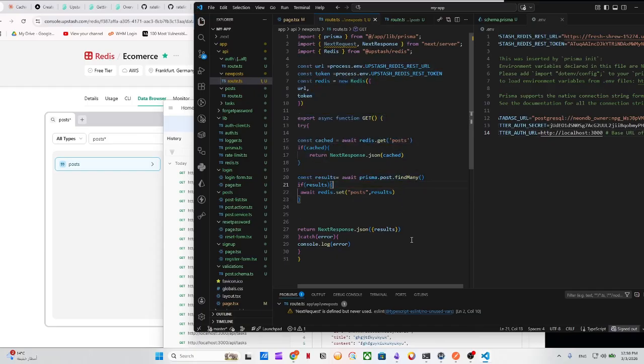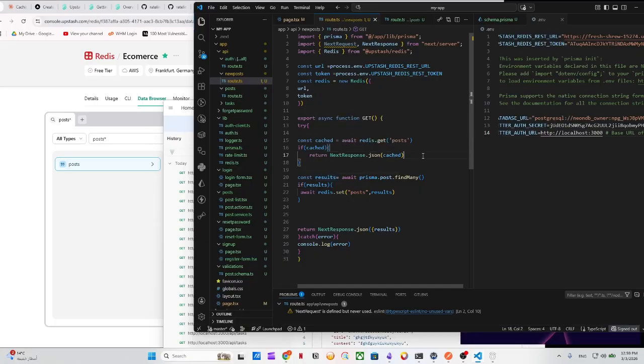So this is basically how we use Redis for caching. This is the simple thing we did. I just make sure to check the Redis first, using the key posts. If the data is already inside Redis, if it is cached already, just return the cached response. That's it, and close. But if it is not in the cache, then we have to fetch from the